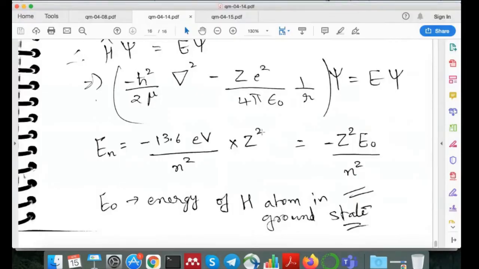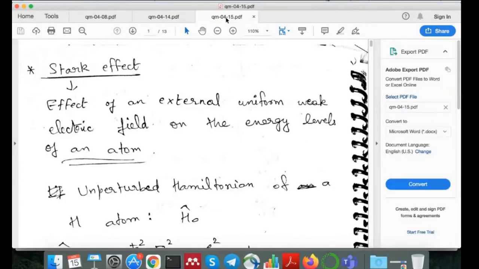Okay, so now we will move on to the next part. Any questions up to this portion? Okay, so everything that we'll talk about today is a build up onto what we have already studied. Yesterday we talked about what happens to the atom when it is in the presence of a magnetic field. We can also do a similar kind of study when there is an electric field, and that effect is known as the Stark effect.